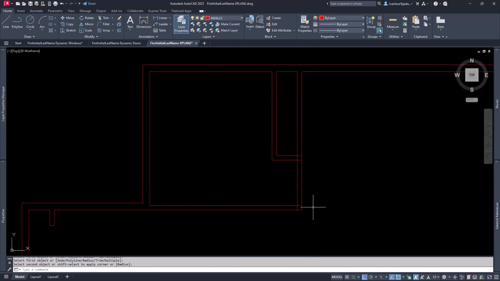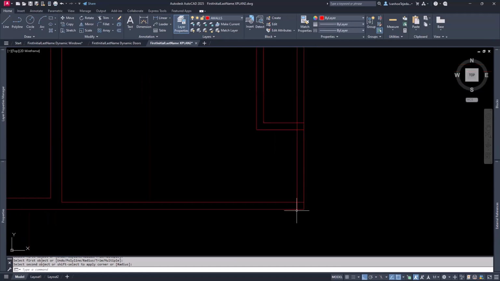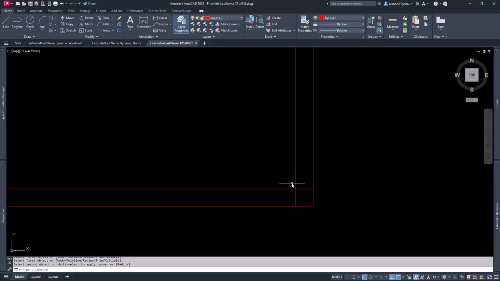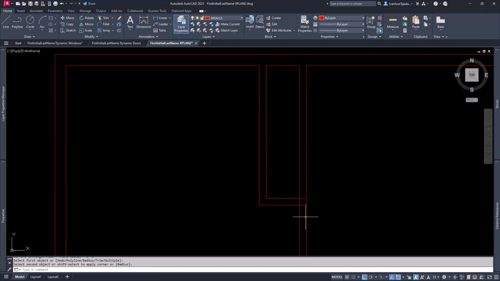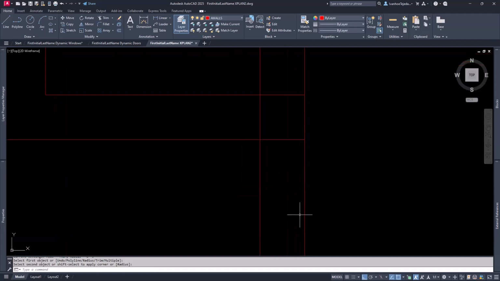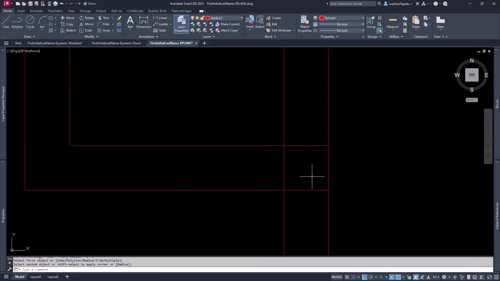And then I'll zoom out to see where I am with everything. And now it's going to be a matter of cleaning this up. So let me go ahead and type F for fillet down here. Zoom that out. Zoom over here. And then what I'd like to do is go ahead and use the trim command. But this time, when I type trim, TR, enter,